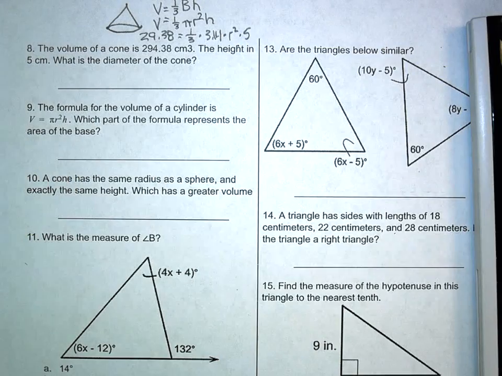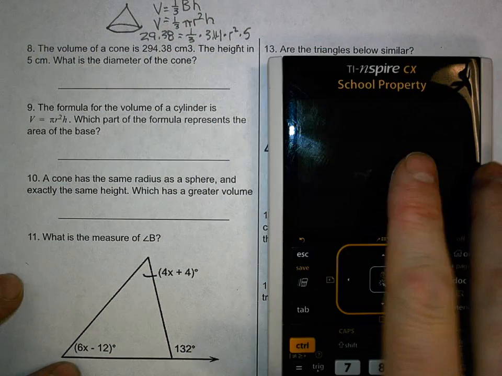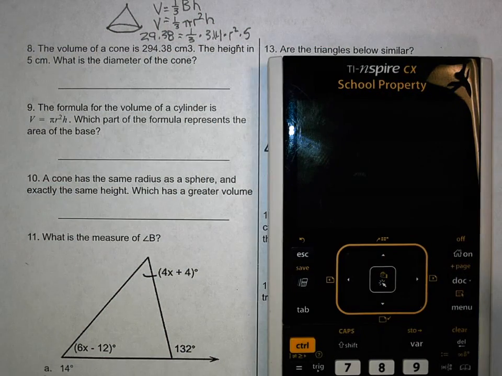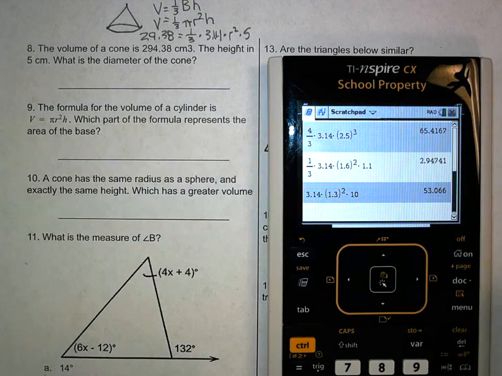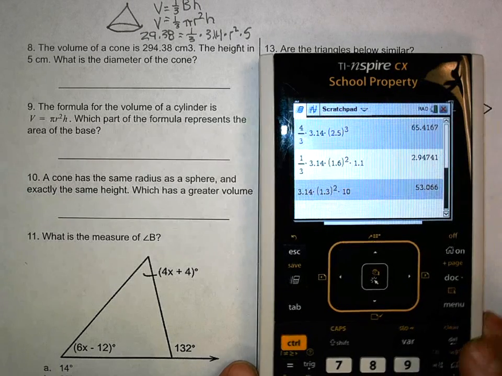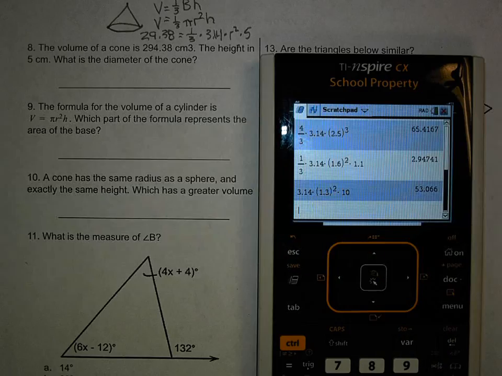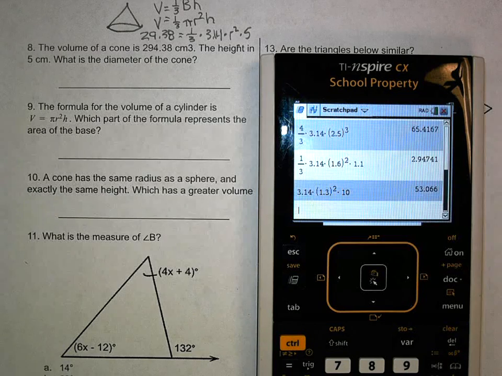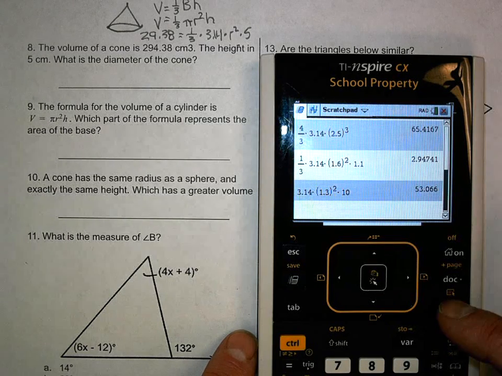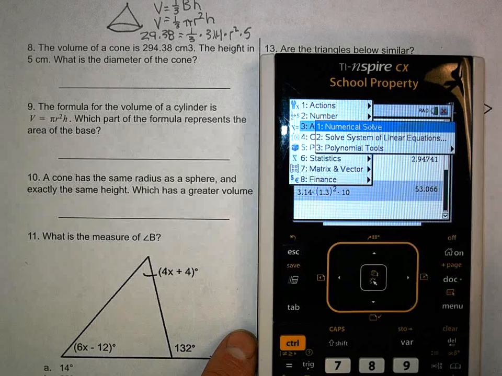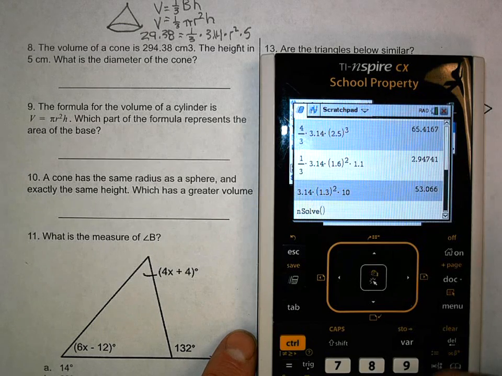Now, you guys, remember, you can use NSolve, and that's perfectly fine. You can use the math, and that's perfectly fine. So I'm going to use NSolve because I can, and it makes me happier to do so. I can also do the math where I move and divide and do all that stuff all the way across. Both ways work. But let's start it. So, menu, algebra, numerical solve. I'm going to type in exactly what I got,